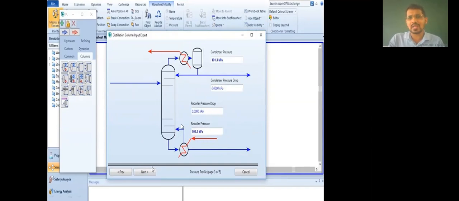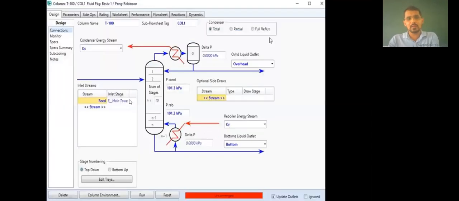All this data is coming from the chemist. Okay, in the petroleum industry, there is a laboratory where a chemist is working, and he is providing assay data, and that assay data is nothing but having all the properties. For example, boiling point, melting point, temperature required, pressure required, viscosity, flash point, all these things are given by the chemist, and those things are required for the simulation purpose, because all those data are the input data. Okay, just put here condenser pressure and reboiler pressure.